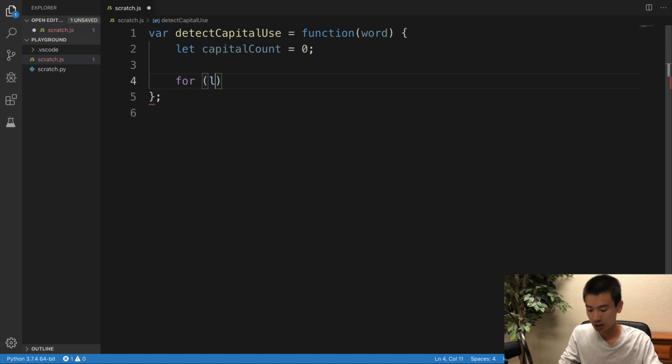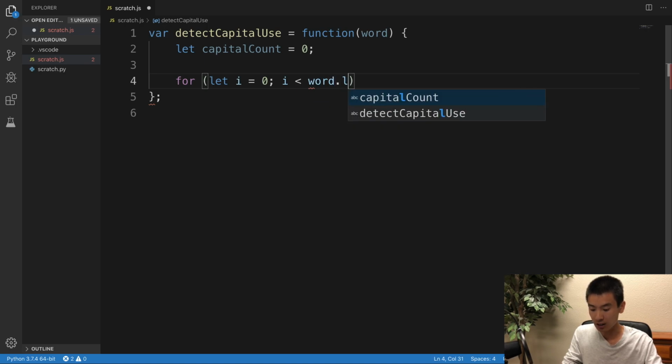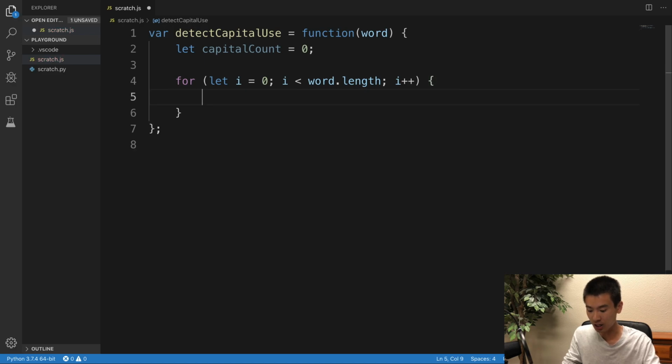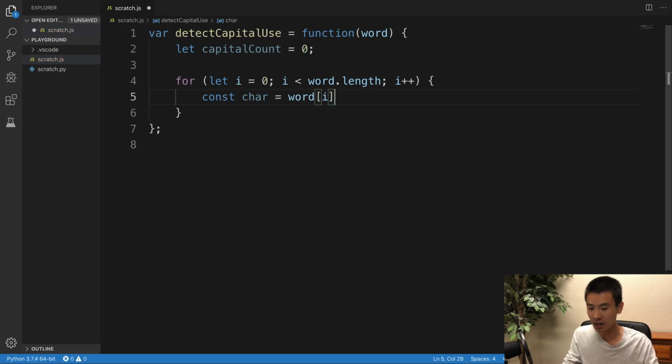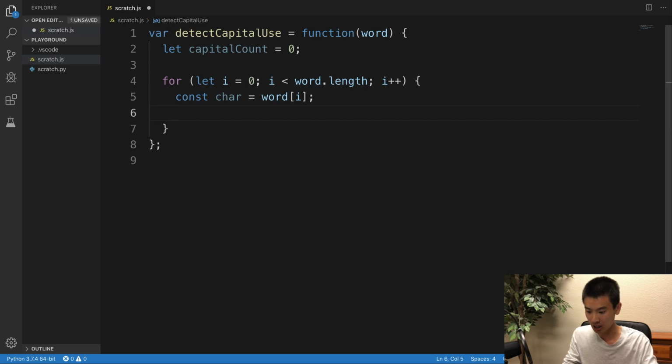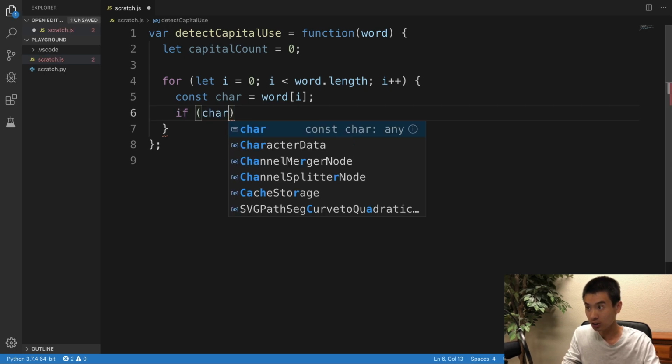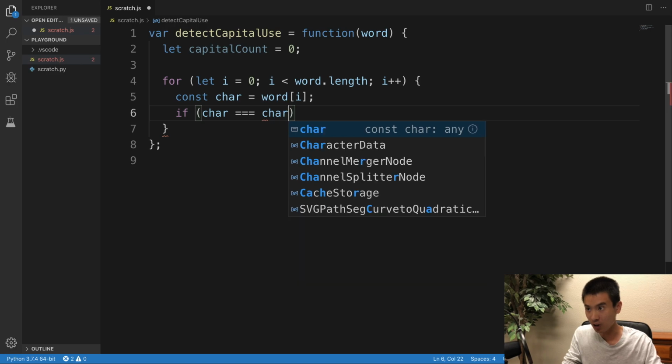So I'll say for let i equal to 0. We're going to iterate over every character in the input string, or letter, whatever you want to call it. So for let i equal to 0, i less than word.length, i++. To make my code easier to read, I'll just say const char is equal to word at index i. You could also call it letter, right? I'll call it char. So we'll say if char is equal to itself uppercase,